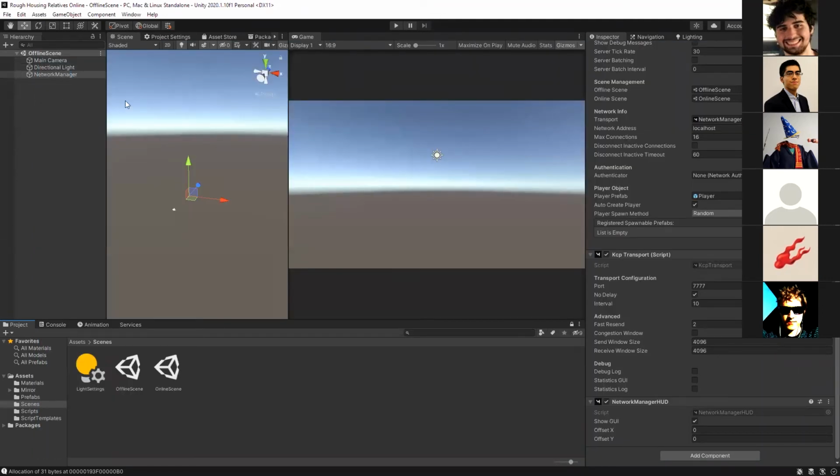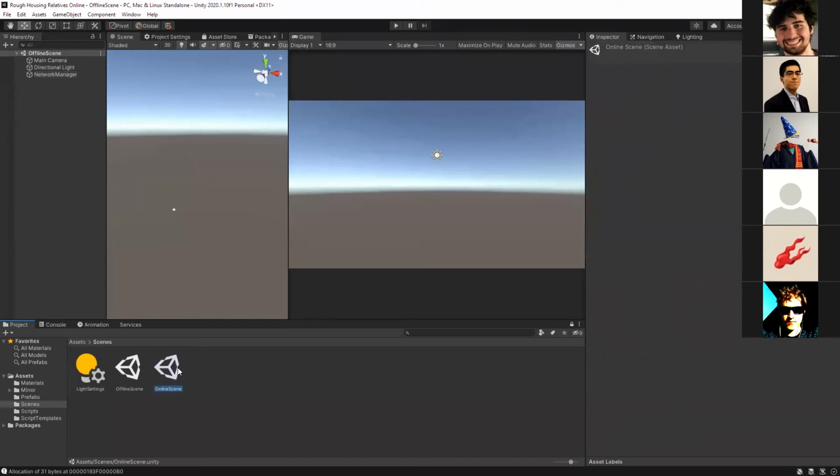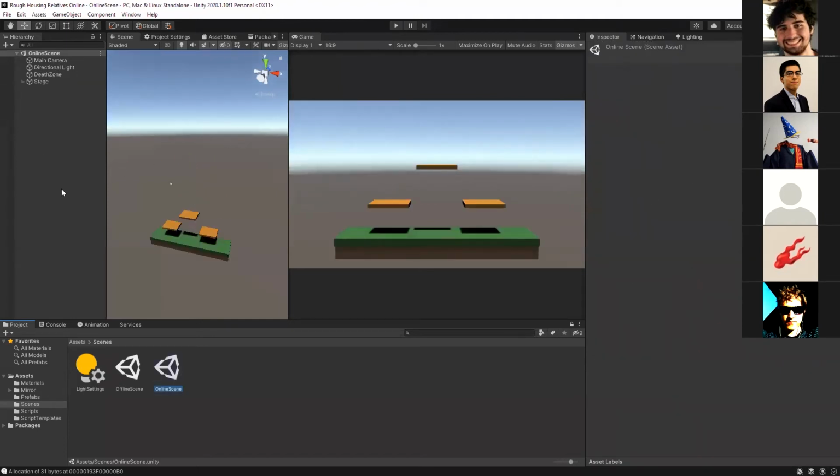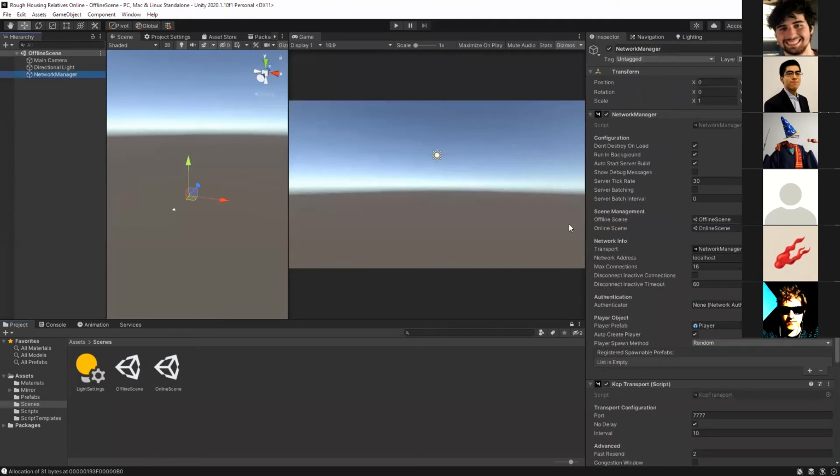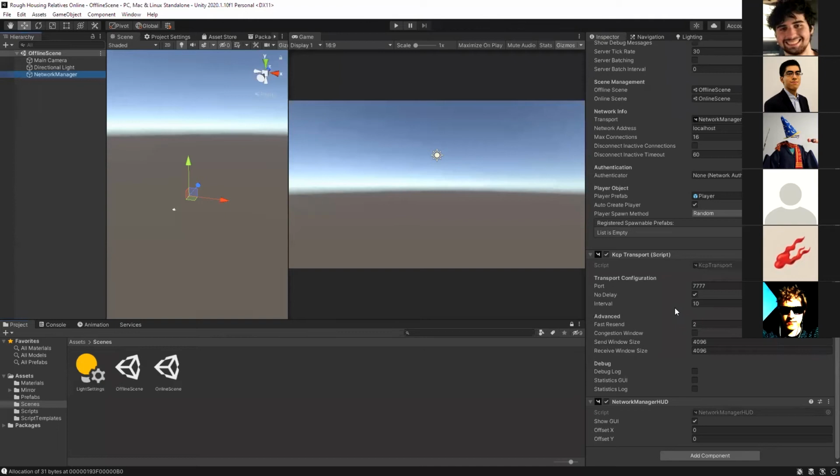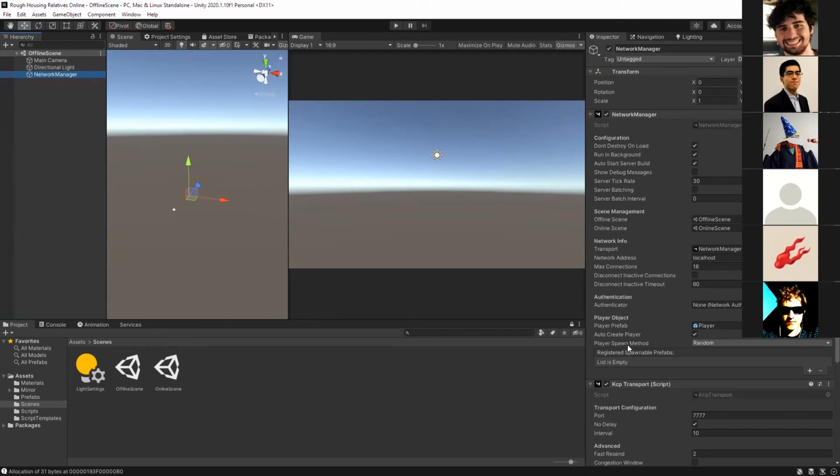Did you delete the player object in the online scene? I'm assuming you set the player prefab in the network manager and gave it a network identity. Everything's working for me now. It's just those fun exceptions, but they're not impacting gameplay at the moment. Well, yeah, but there's still issues. Okay, well, I guess we'll just keep going then.